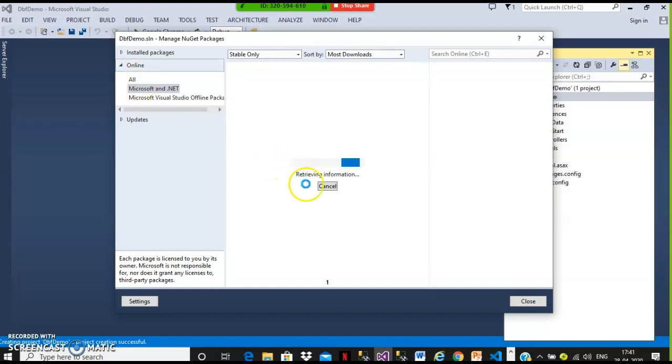Is it clear? Here it is retrieving the information. If you want to install Bootstrap or jQuery or Angular or NUnit or Entity Framework, or any other software, everything related to your application or project is available in the NuGet package manager. It is the largest library. Similarly, in Angular you have NPM, the node package manager. Like this, here we have NuGet package manager for .NET.